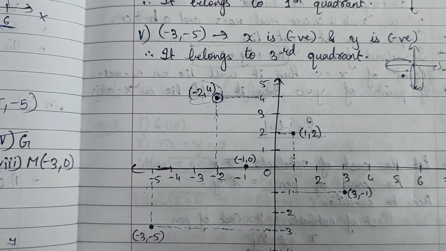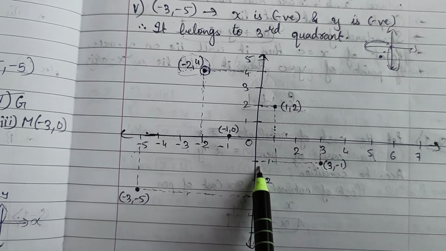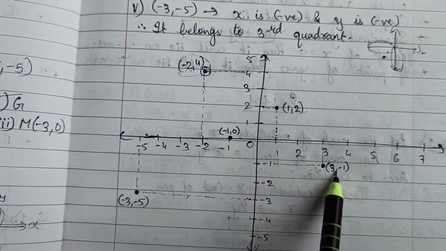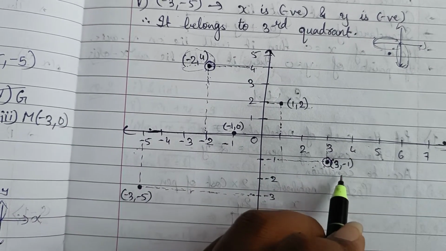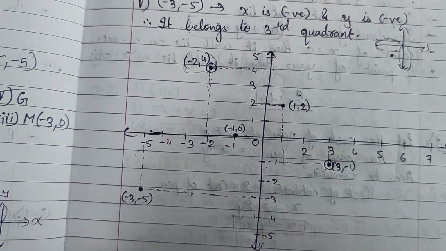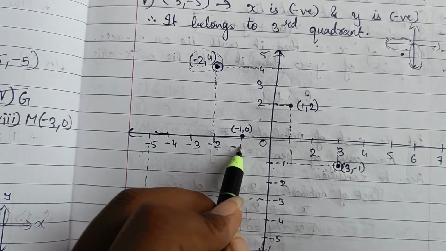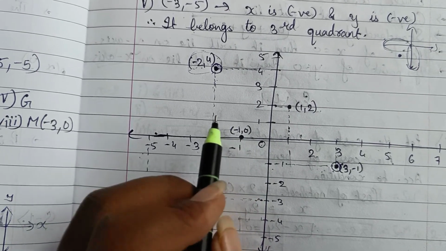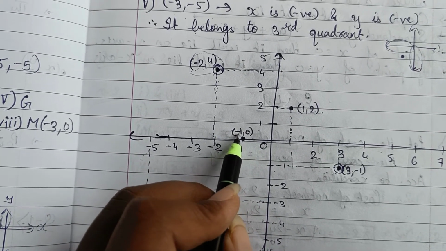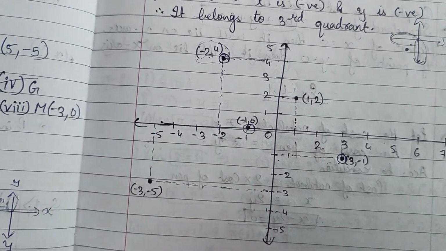Then you have 3, -1. So 3 is on the positive x-axis and -1 is on the negative y-axis. So here your point will be, just make a point and draw a circle over it. This is your point, that is 3, -1. Then we have -1, 0. So -1 will be on the negative x-axis and 0 you don't have to write. Don't plot this 0. So this is only -1, 0, which will lie on the negative x-axis. Draw a circle over here.